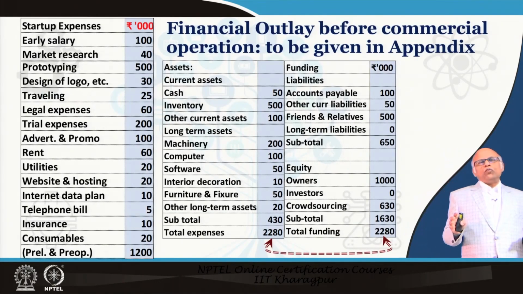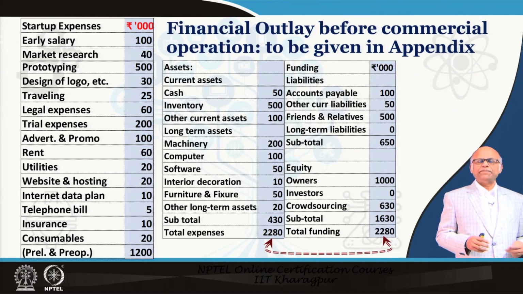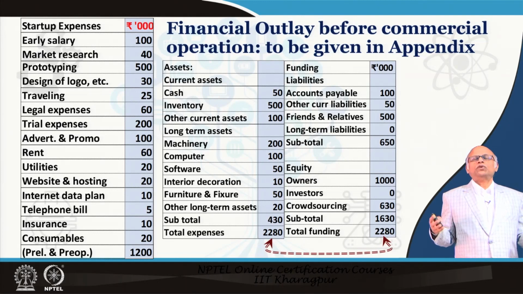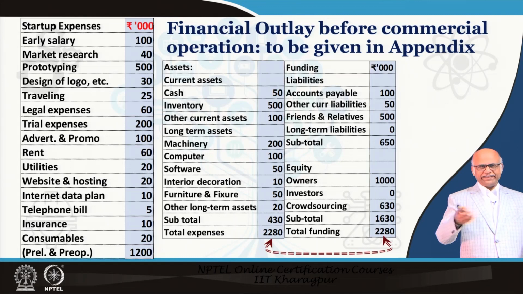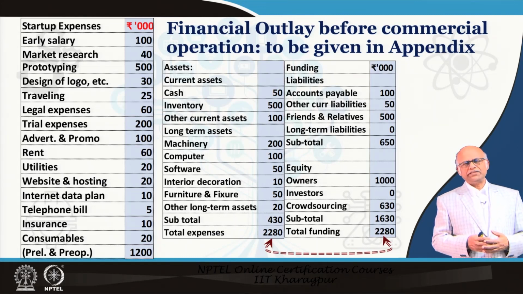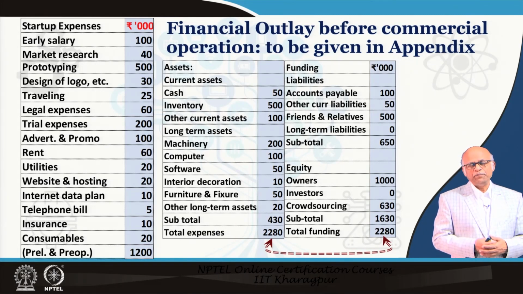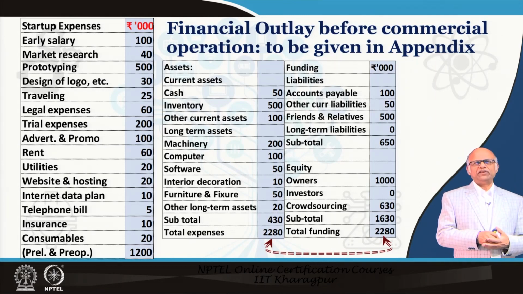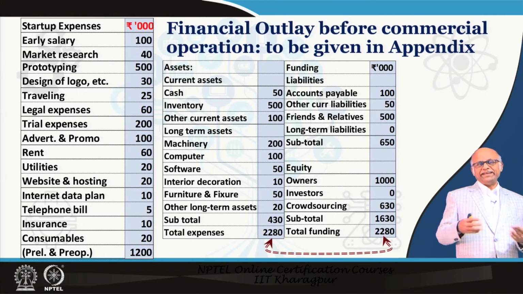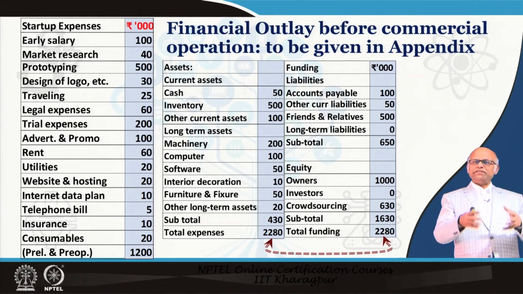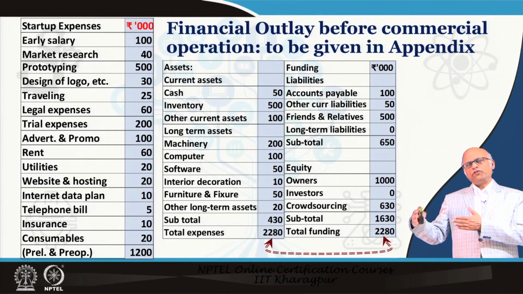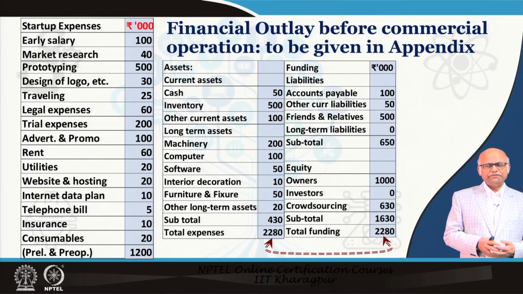One thing among financials is whether you have made the financial outlay as to how much money you need. At the end of the presentation, you are going to tell them that I need, say, $5 million. So the question will come back, what are you going to do with this $5 million? You must have a clear idea that these are the things I am going to do, which are going to cost me this, and the total money is this. I am going to invest this, or I have already invested this, the shortfall is this, and this I am expecting from the investors.